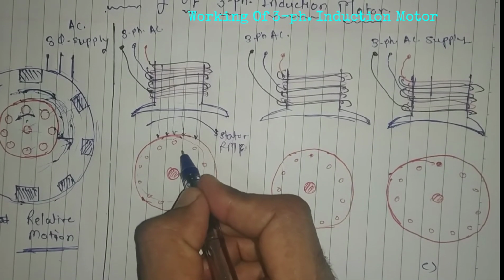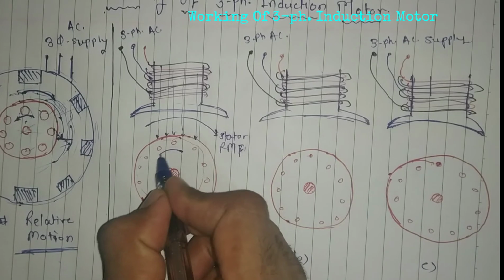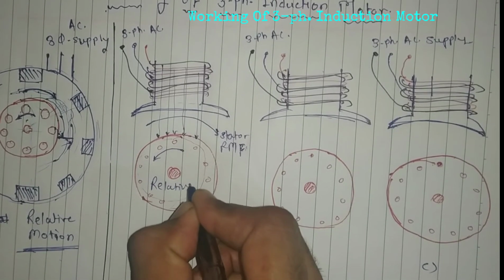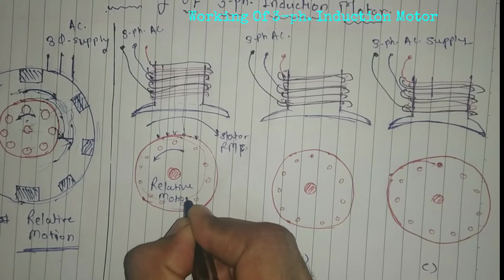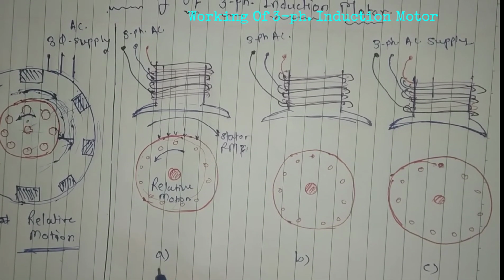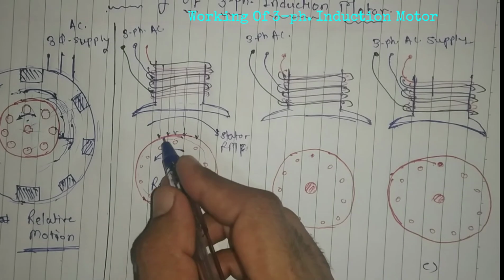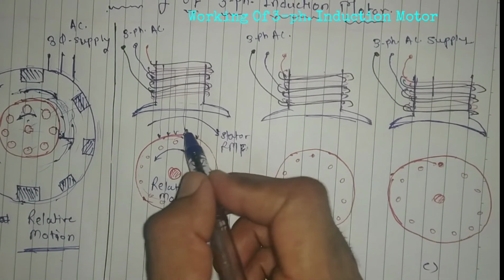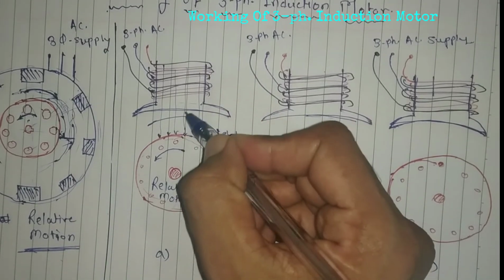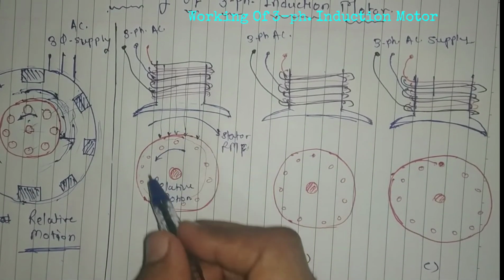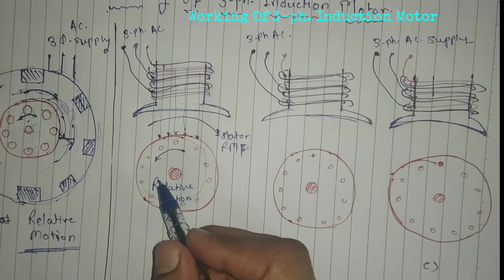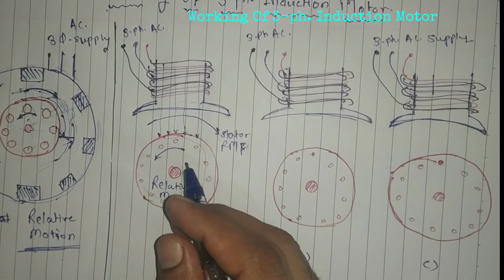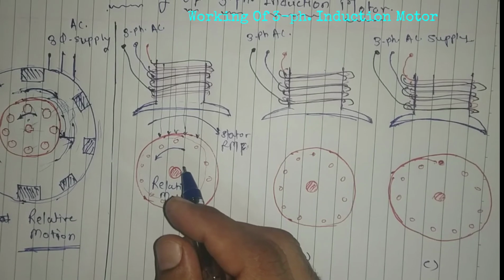It means it has some relative motion. The relative motion is in the opposite way. You can say relative motion. Now just because of your relative motion, your conductor will cut the magnetic flux which is available inside this air gap. Okay, now it will cut the magnetic flux. Because of cutting the magnetic flux, Faraday's law tells us that it will induce an EMF, right?